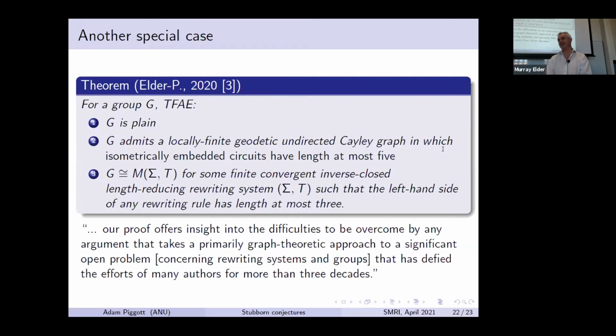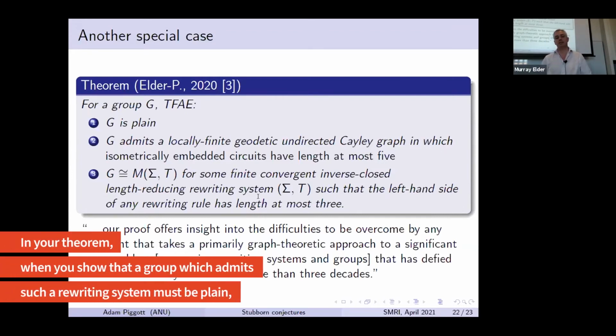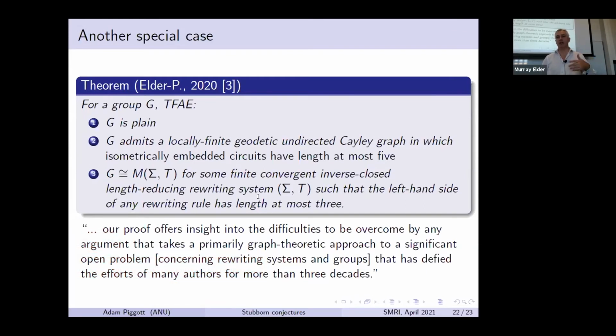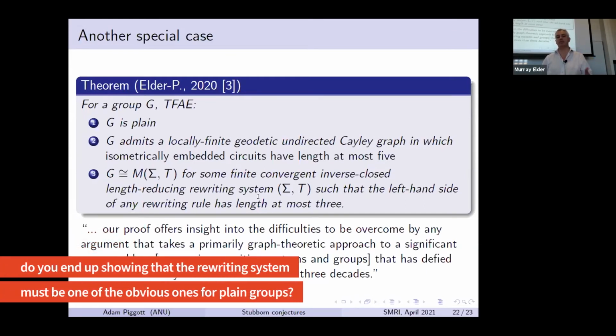Murray suggested Bass-Serre theory is part of it. It's what we know about virtually free groups that we use, and plane groups and so on. So the question that Anthony has is, in this theorem on the slide, when we're proving 3 implies 1, do we end up showing that the rewriting system was one of the obvious ones for plane groups? And the answer is no, we don't really, that doesn't really pop out of